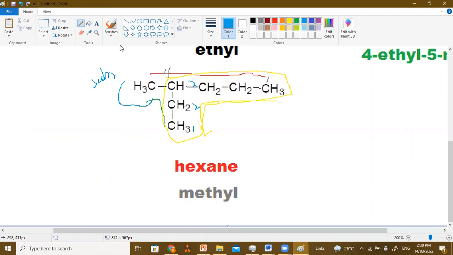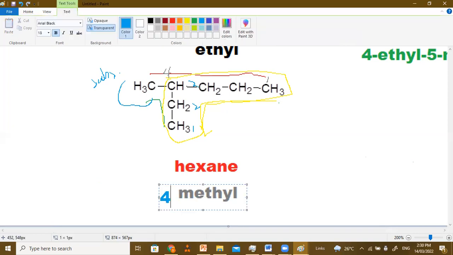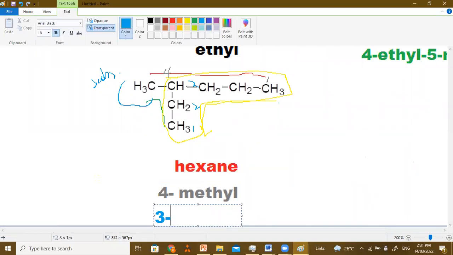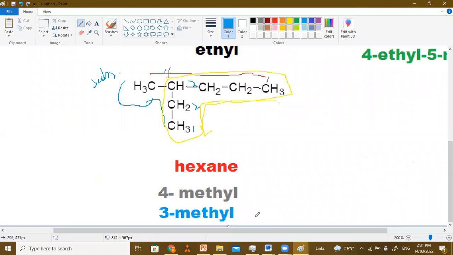So between 4-methyl and 3-methyl, we choose the one with the lower locant. Okay, so for our name, it will become